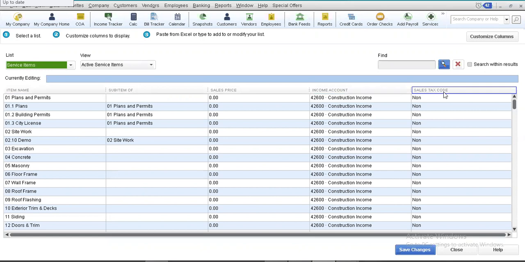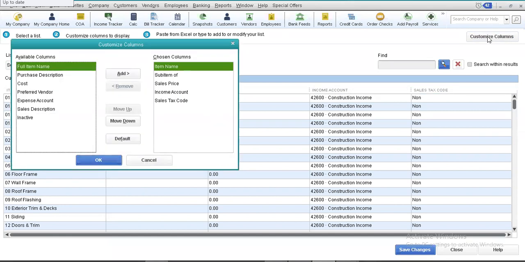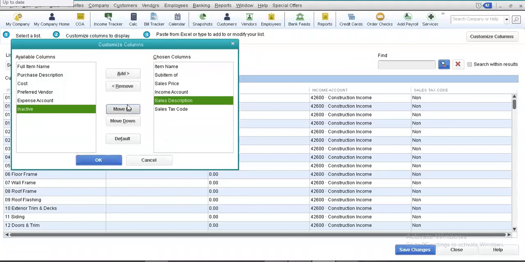But let us first customize these columns. So let us see, my dear friends, what information we have and what options we want to see over here. We want to have some sales description. So we add this, and we want to show this description under the item name. We are not interested in seeing the sub item over here, so we can simply remove it.